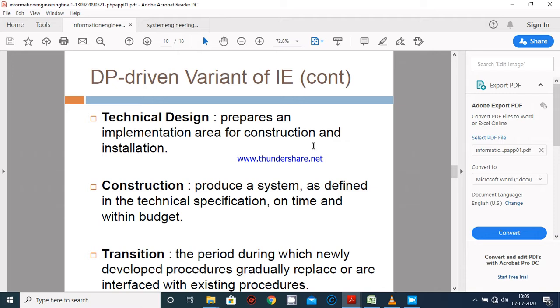Any other drawing technical tool, which these are the main goal comes into the technical design. So the next is construction. Basically, construction produces a system as defined in the technical specification on time and within budget. Next one is transition. Transition focuses on the period during which newly developed procedures gradually replace or are interfaced with